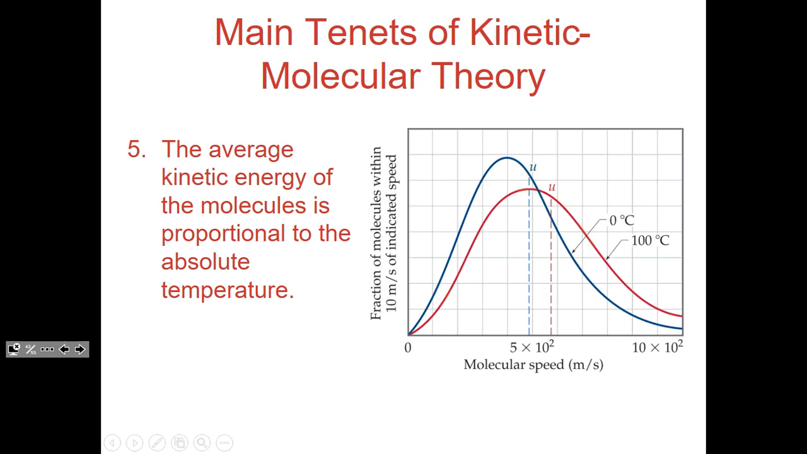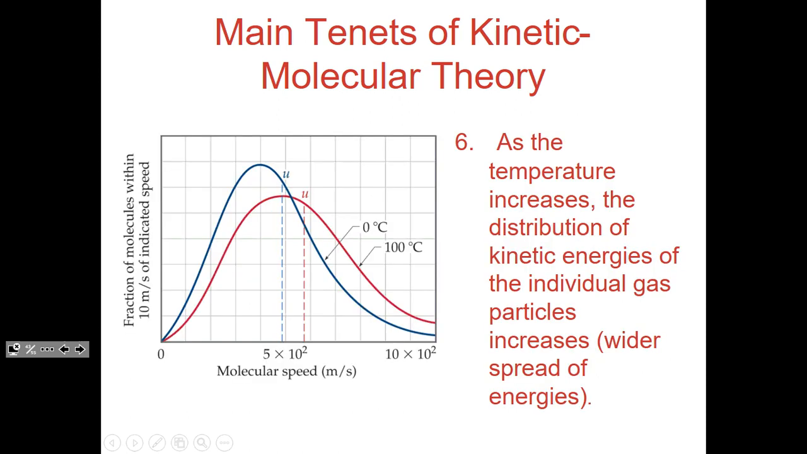And that's something that we don't really get into. It is talked about in the textbook. It's basically the speed of a particle at average kinetic energy, but that's not something that you need to know for a test or the AP test. Now, the last situation here says as the temperature increases, the distribution of kinetic energies of the